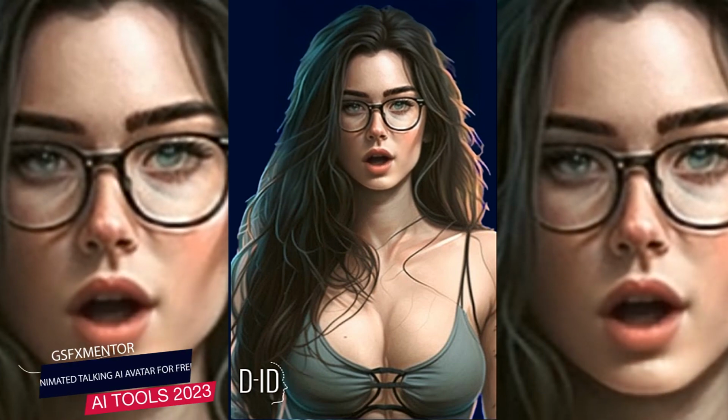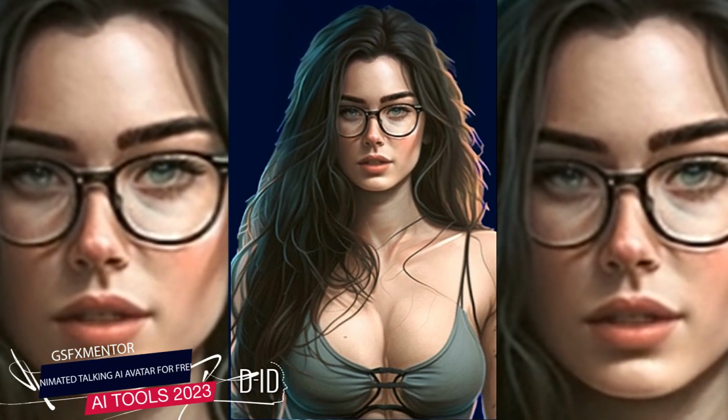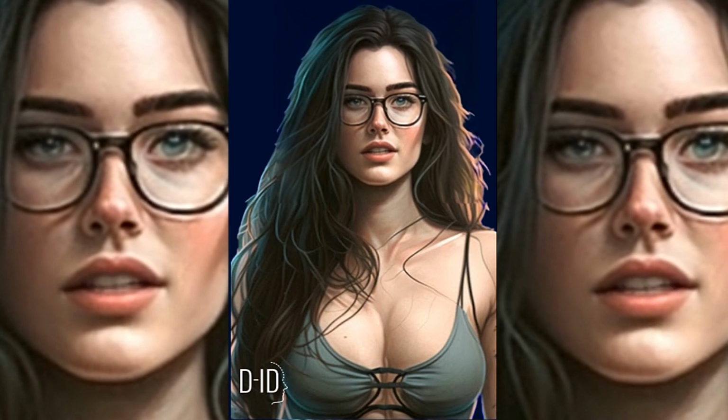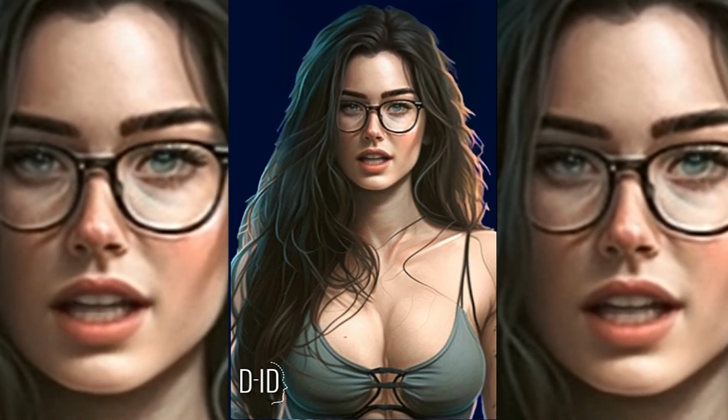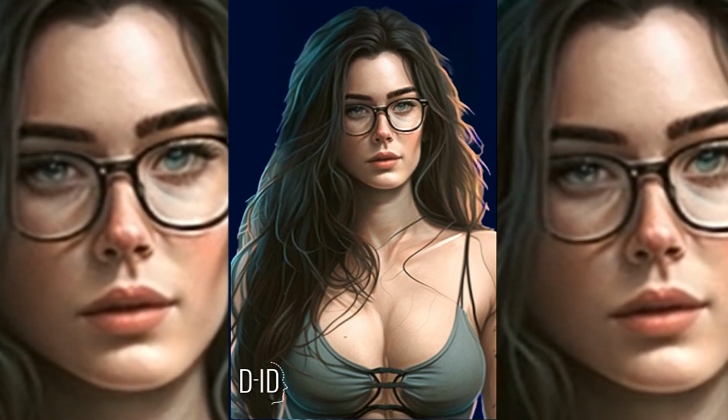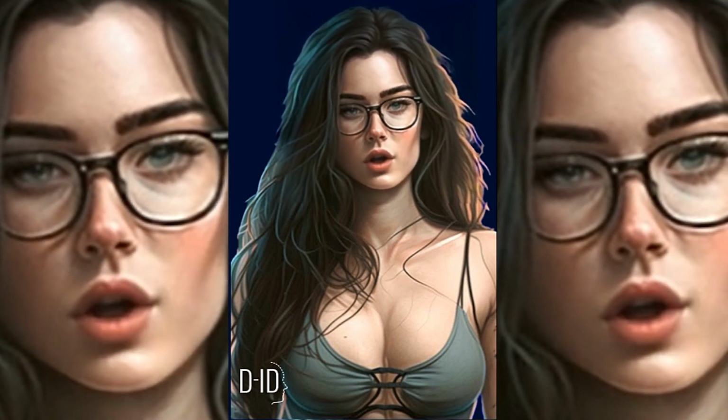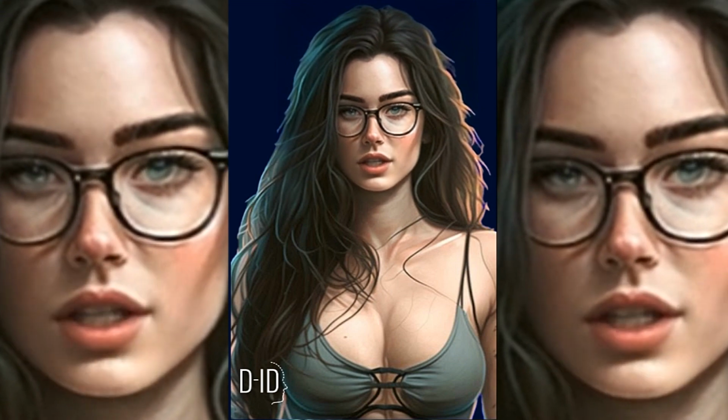Here in this video, we are going to create a complete video using the various AI tools available online. In this video, you will get to know how to use MidJourney AI to create an image or avatar for free. Also, you will learn how to create a script with the help of AI and generate voice online, and then